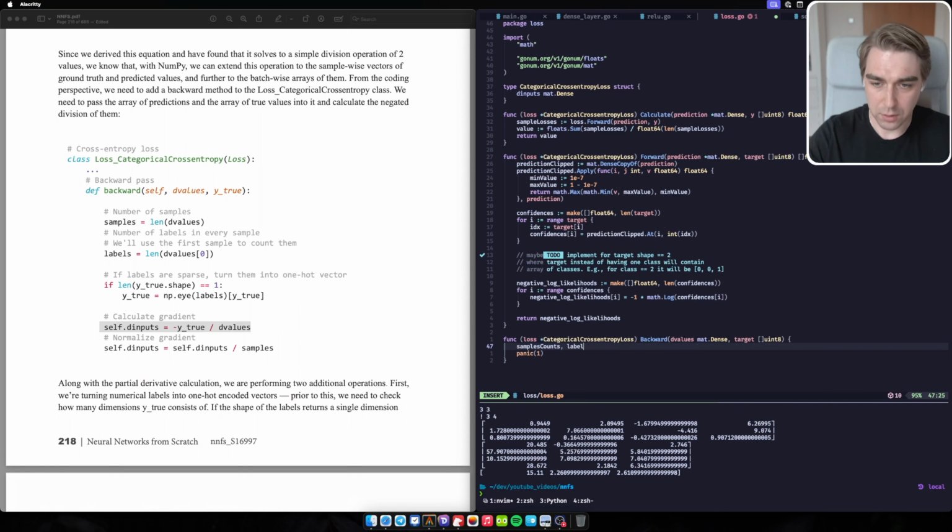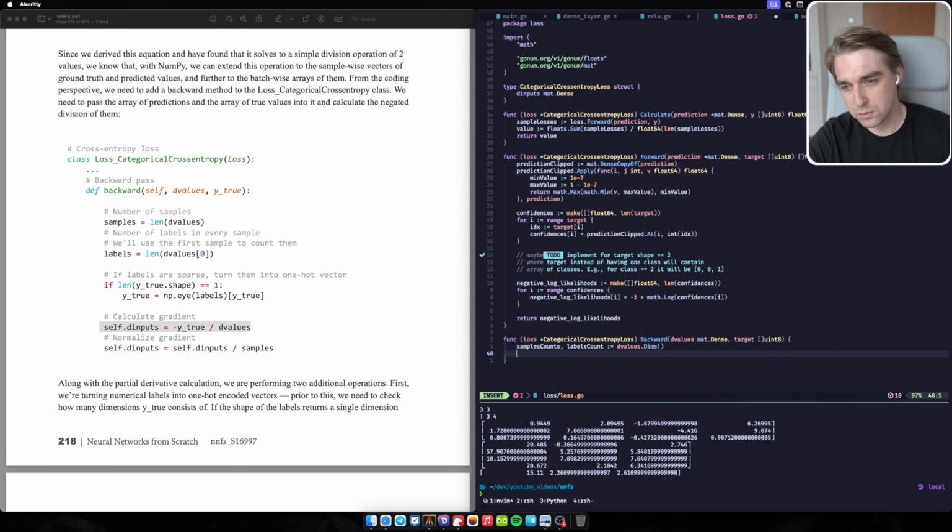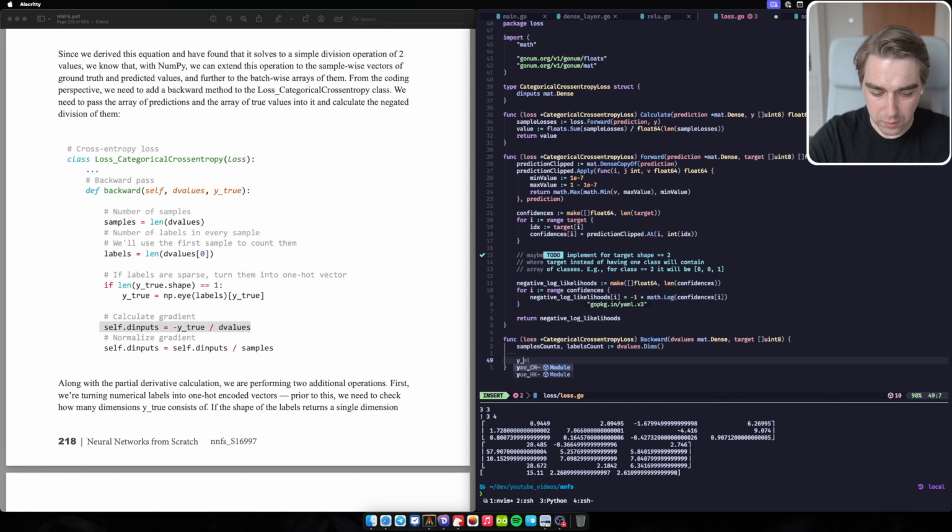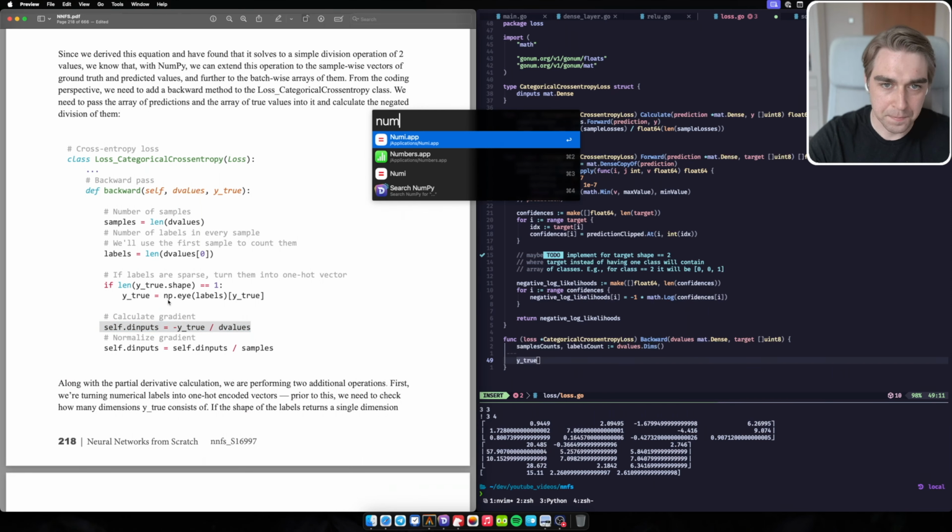We're taking it from value: number of labels in every sample. Yes, one-hot vector. Labels count is basically the values dimensions in my case. Second, I have targets. So I need to create by true and p